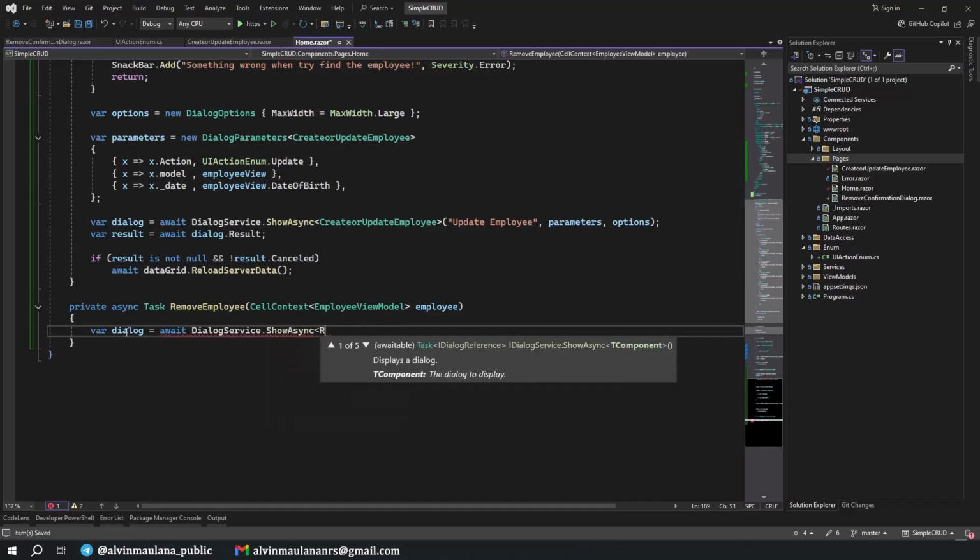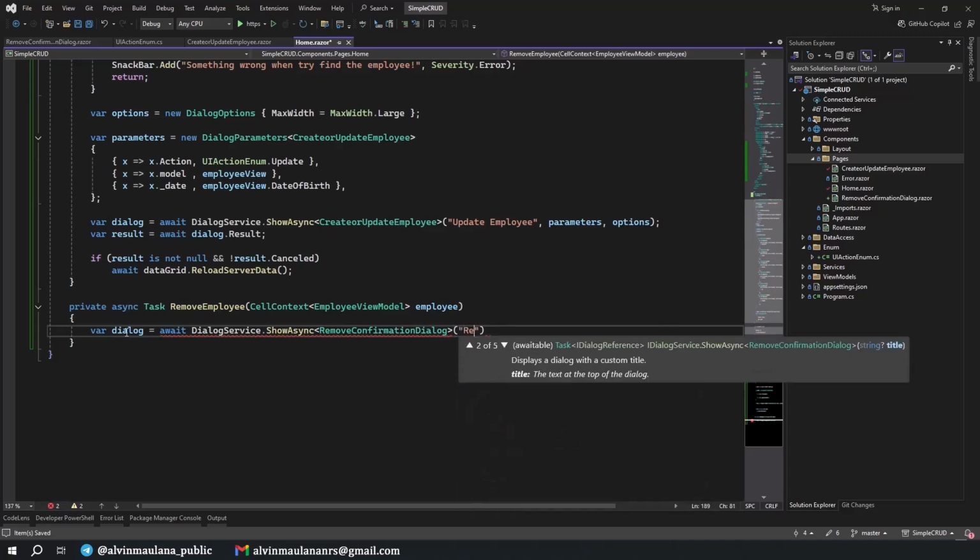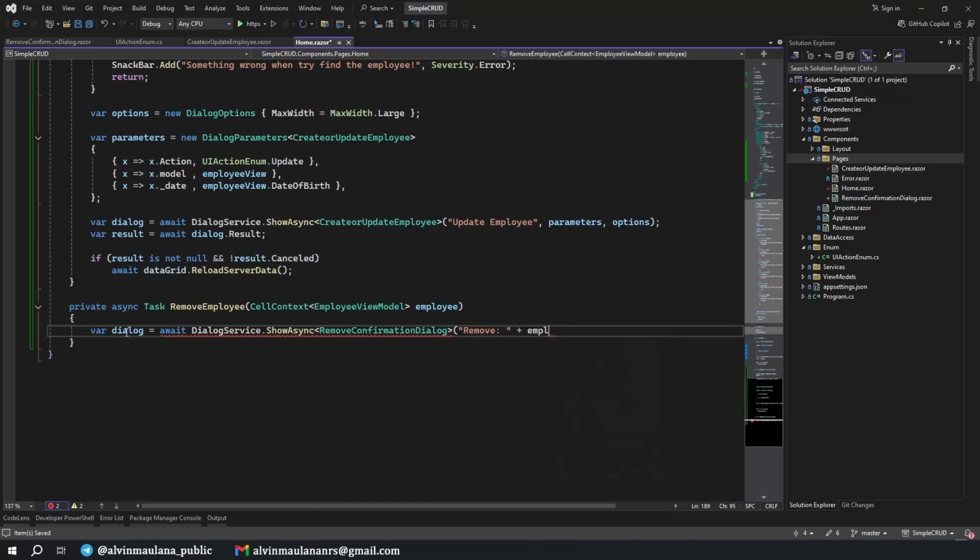What is it? Remove confirmation dialog, and then we set remove employee, employee item full name. Later we will show on the title that we want to remove this employee, and then we get the result from dialog.